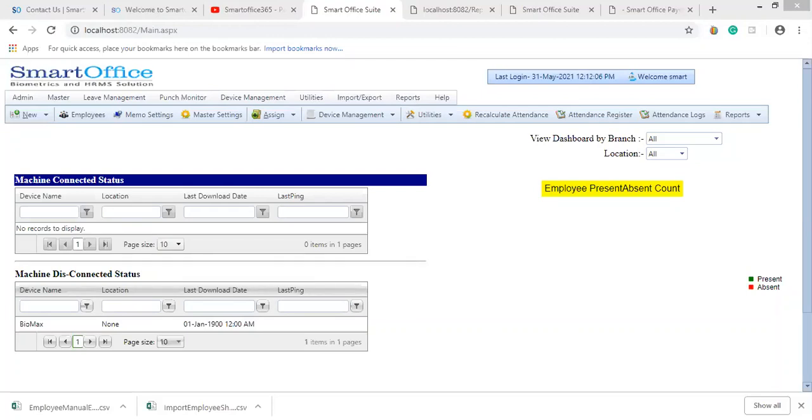WO means week off, for the whole month. So this is how you get the sheet for the whole month. You can assign the shift and import it at the initial of the month or at the end of the month.